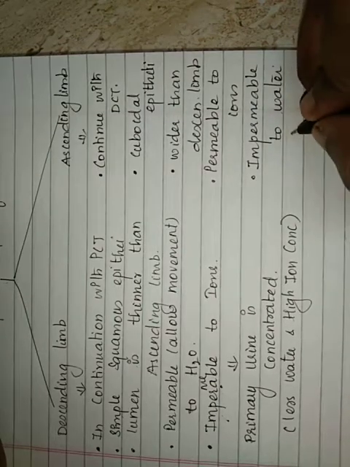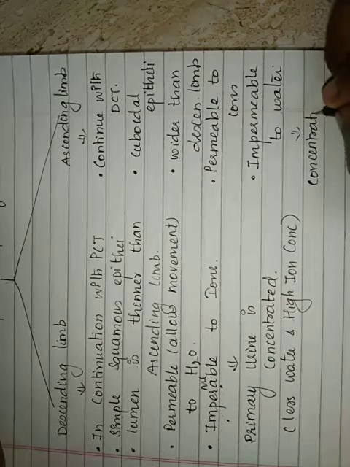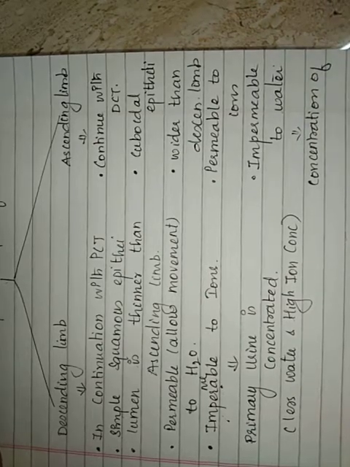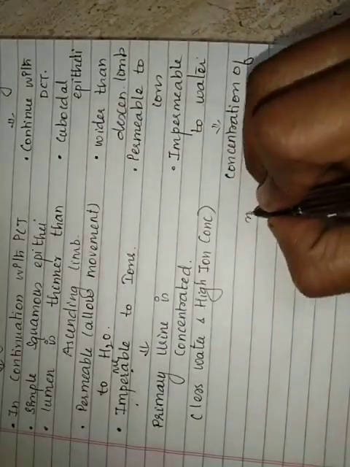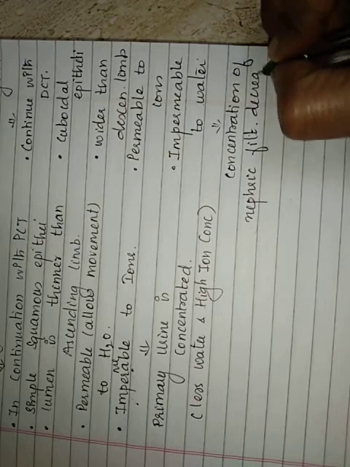So because of this, what happens? Concentration of the nephric filtrate will decrease. இங்கே வந்துட்டு concentration increase ஆச்சு, இங்கே வந்துட்டு concentration decrease ஆயிருக்கு. This is Henle's loop. The next part of nephron is DCT, or the distal convoluted tubule, and this is going